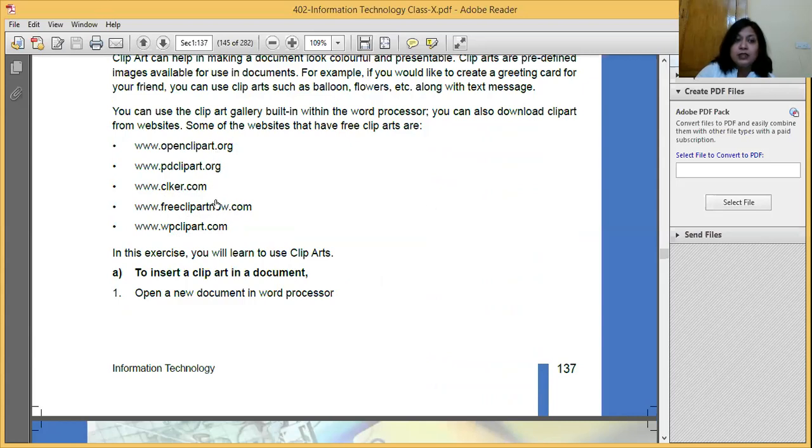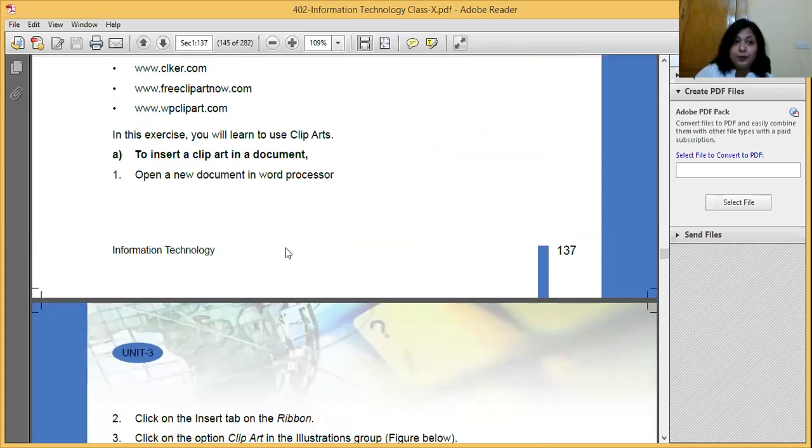So these are some of the sites which are used for downloading clip arts. Whatever you download from these sites will be saved as a picture on your computer, and by going to the location of that particular folder, you can insert the pictures in the document.